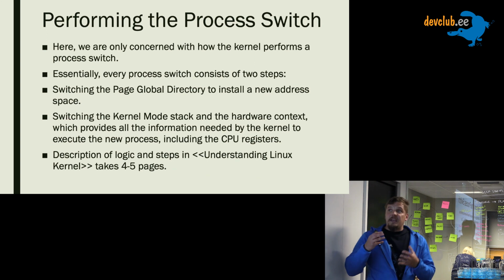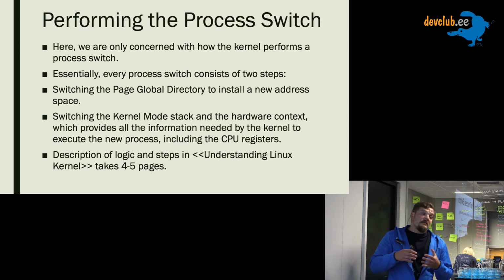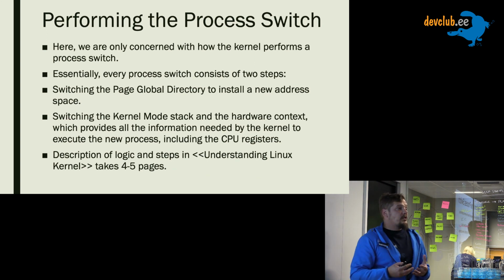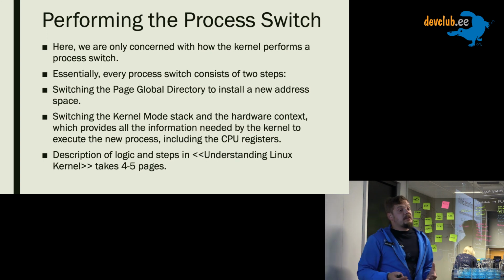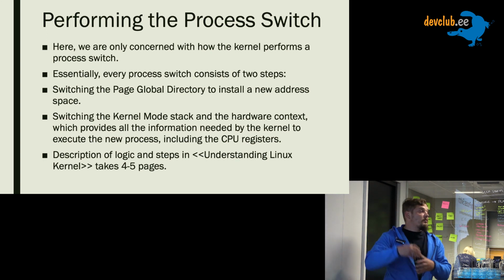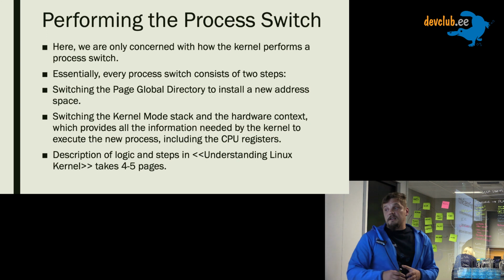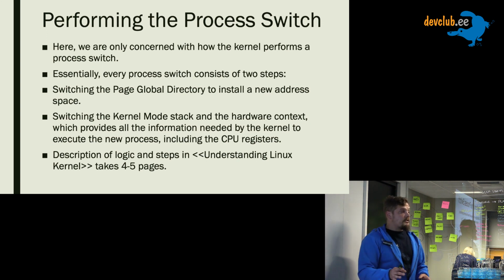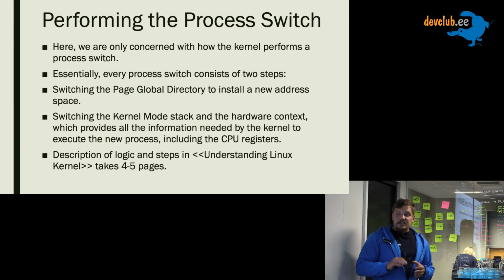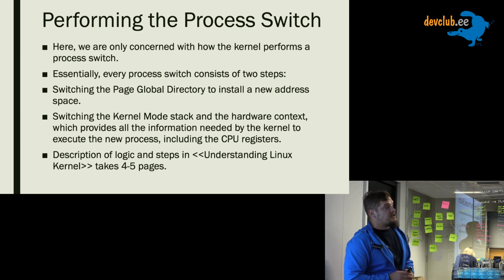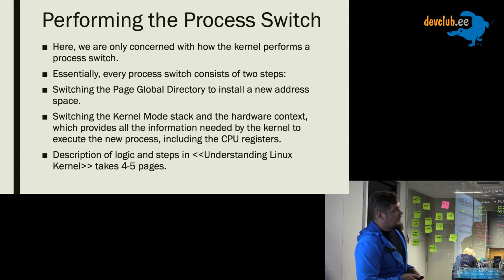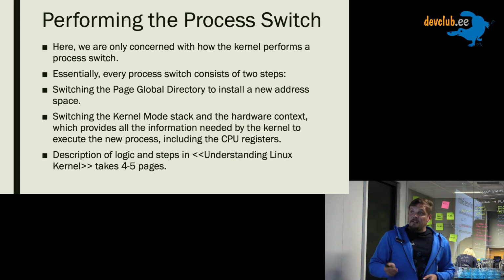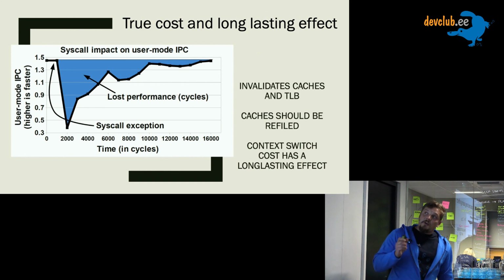And it's even worse, because if we take the common process switch, there are actually two steps. In the case of a process, we need to switch the page global directory where we resolve our addresses, and we save all our context from the current process or thread and restore another one. But actually, it's quite complex logic, and it takes about 4 or 5 pages of description in the standard Linux kernel. But the true cost